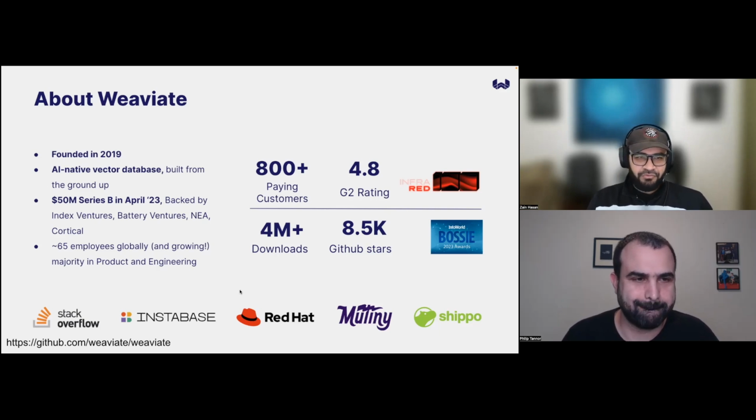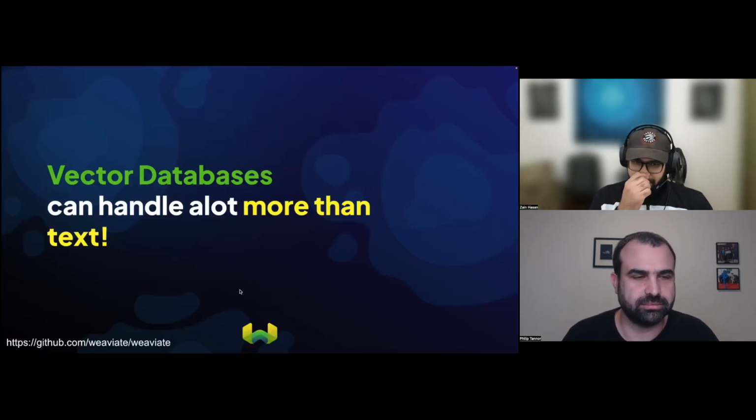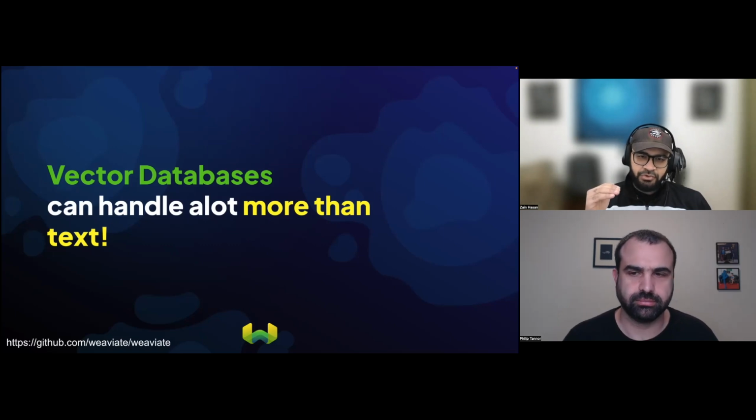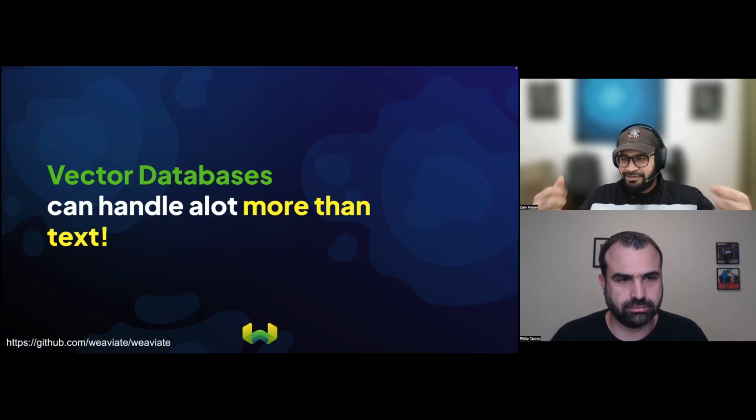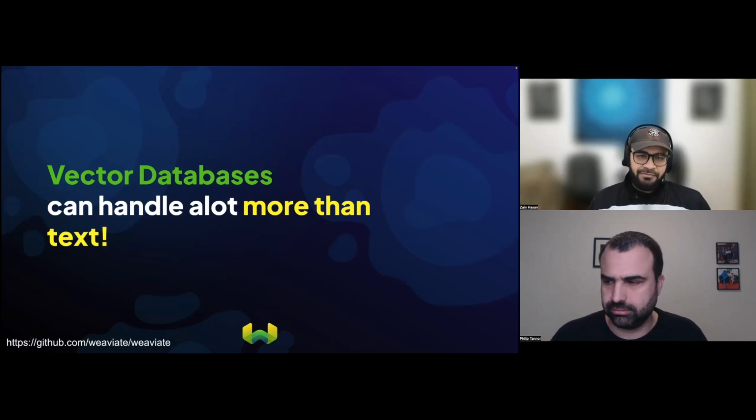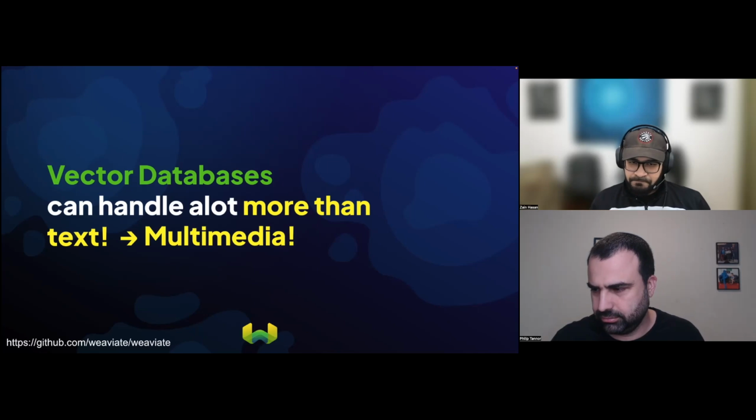Awesome. So now I'm going to jump into multimodality, right? The idea here was to lay the groundwork for understanding what vector databases are. A lot of people use vector databases right now to search over text semantically. Like I said, it's basically a librarian that can understand what you want and understand what's in the library and get you exactly what you want. But this talk is not about that. This talk is more about how vector databases can handle a lot more than text. If you've got images, audio, video files, you can also search over those at scale with a vector database, right? And so this is where multimedia data comes in.